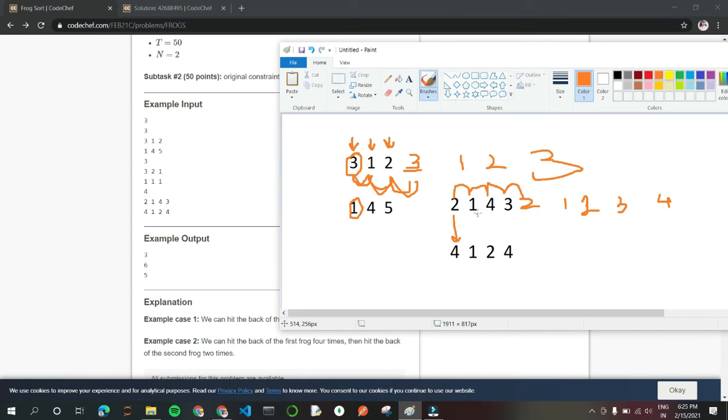And 2 is already here. Now if we make this one jump 4, it will jump to 2, so 1 and 2, it will be here. Now we have to make 3 jump, and if we make it jump, it will be 1, 2, 3 and 4.